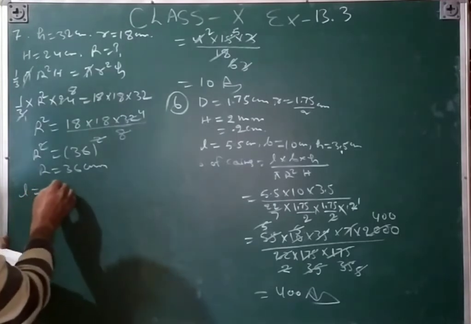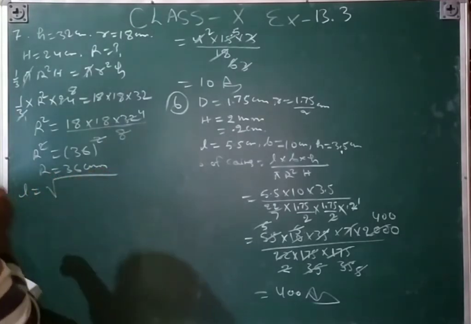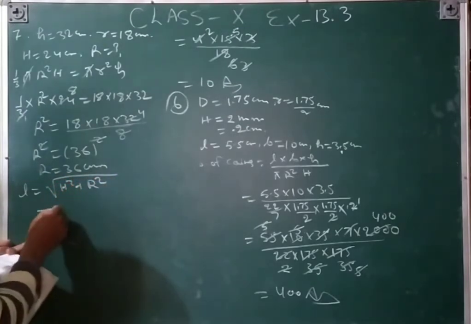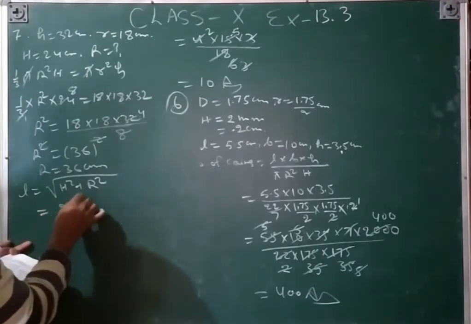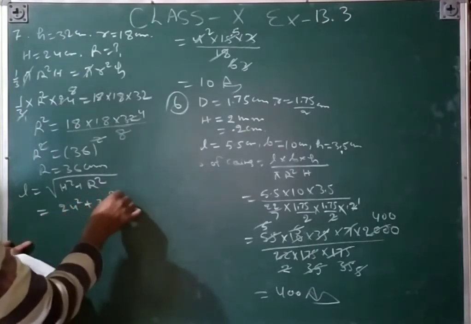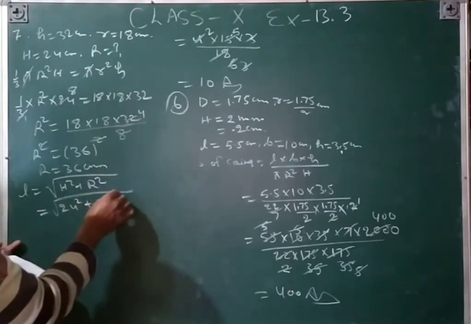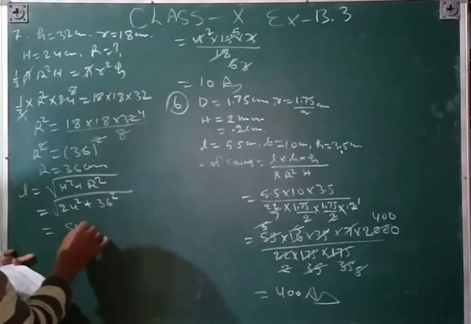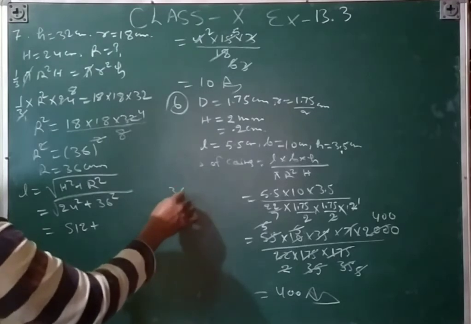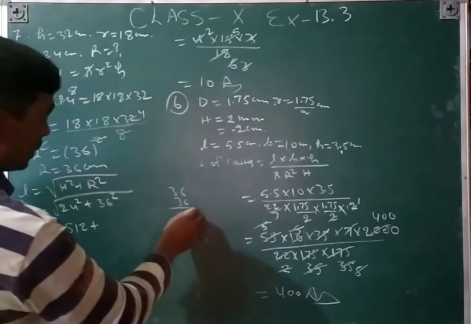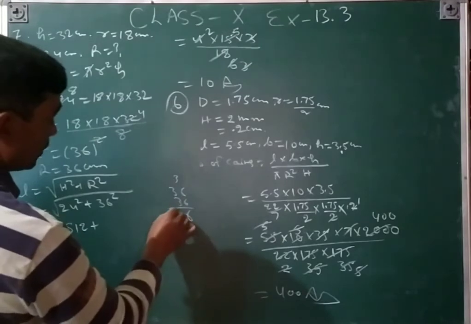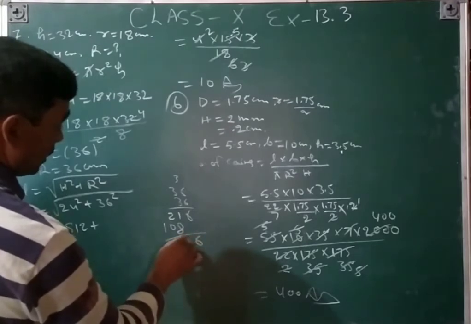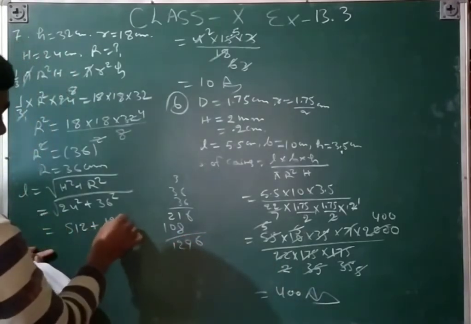So L is equal to that, h square plus r square, so h is 24 square plus r is 36 square, and then that will be 24 square, 576, plus 36 square, we will multiply here, 6 6s are 36, 6 3s are 18, 3 21, 3 6s are 18, 3 3s are 9 plus 1 is 10, then 6 9 2 12 96, 12 96